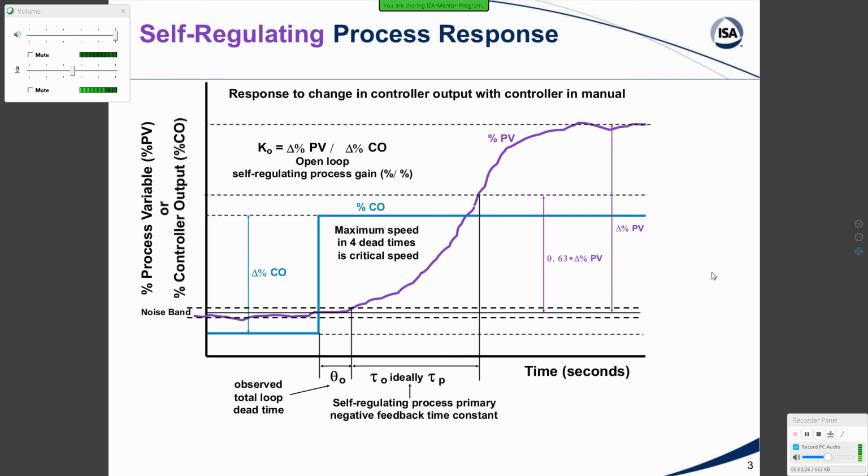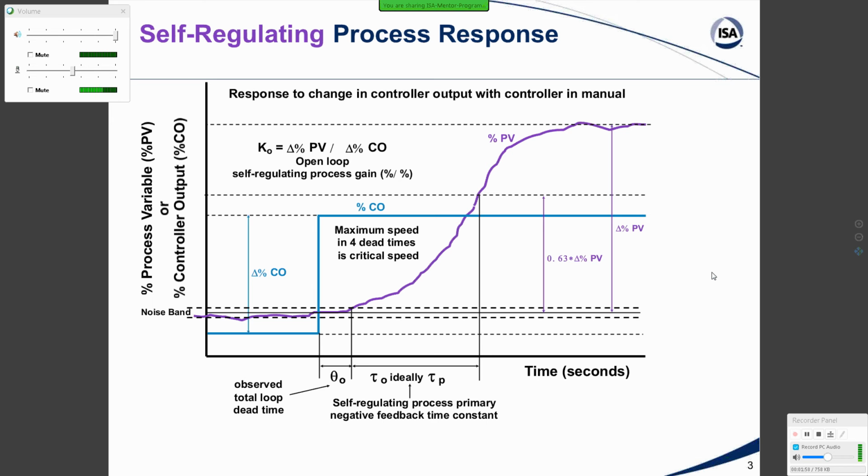The more interesting processes to me that are self-regulating are for composition, temperature, and pH control, and they're on liquid volumes. It could be vessels, there could be columns, and the response is much slower. Instead of seconds, it could be hours or days, even in the case of some big distillation columns. And we get into a situation where the time constant is very large compared to the dead time,